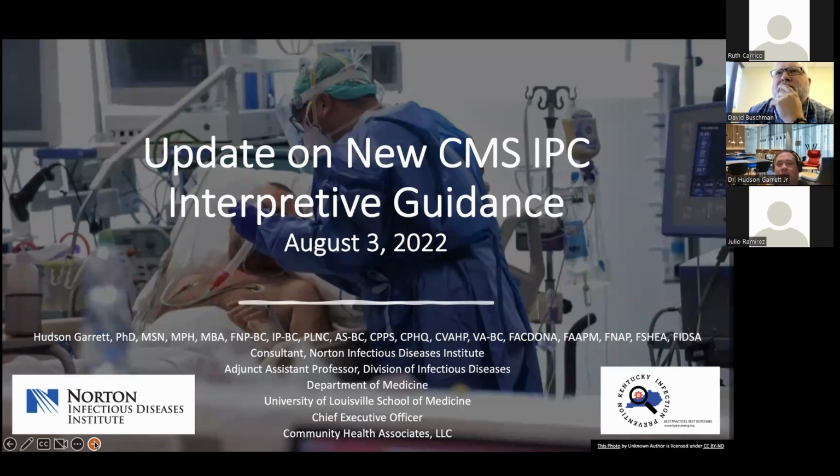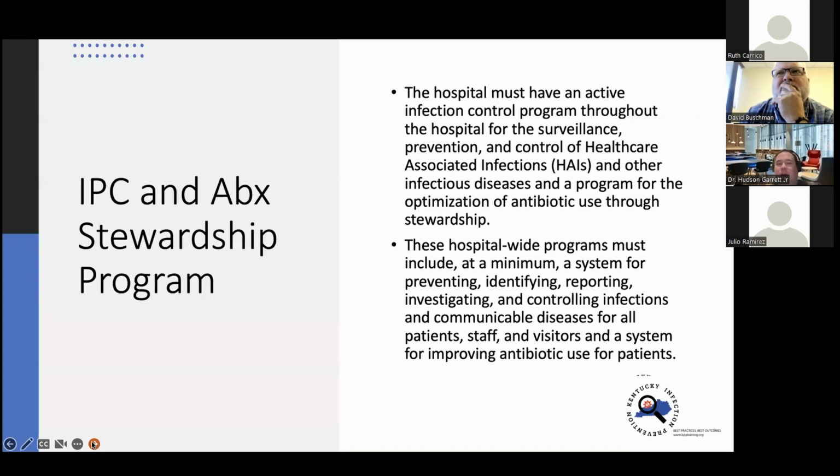So as Ruth mentioned, we want to spend some time talking about the new CMS interpretive guidance for really acute care and talk about some of the things that have come from this. I'm going to break it down into two pieces. You're going to notice one is really the topic, right? And what is specifically changed. And then the second area is what are the surveyors going to be looking for in terms of measuring us